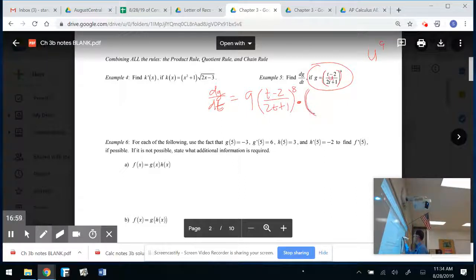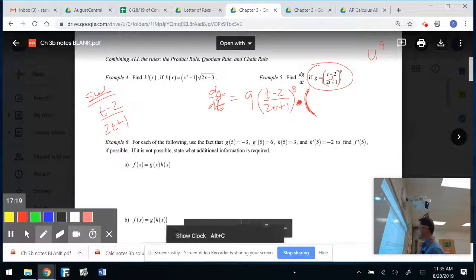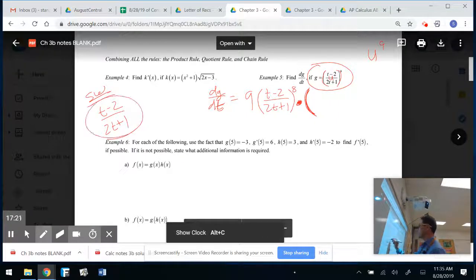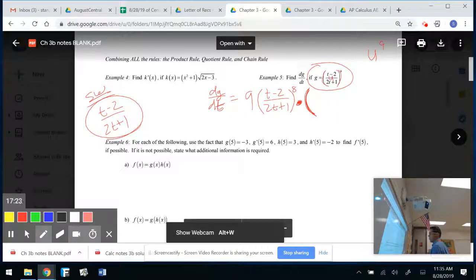inside. It's always good to put a parentheses here, right? Because I'm multiplying by the entire derivative. Oh, nice, I get to do the quotient rule, right? Because if I took the derivative of just the inside, that'd be a quotient rule. And if you're struggling, you kind of do a little side work. You come over here and you say, okay, let's just write down what u is. And if this was a problem on our quiz we just took, you should be able to find the derivative of that using the quotient rule, which is low